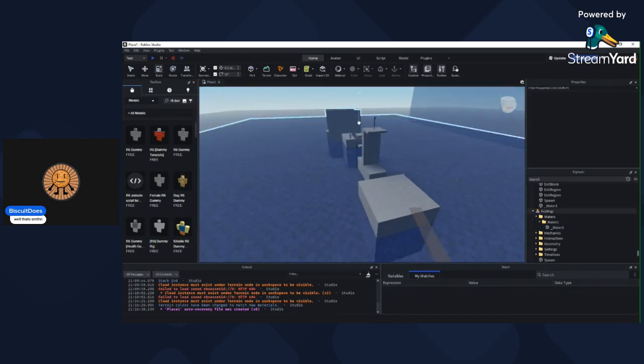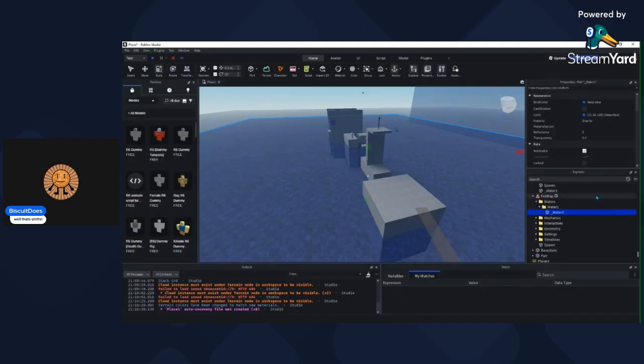Now for water 1, there's 3 states for the water. You got water, acid, and lava. So to change that,